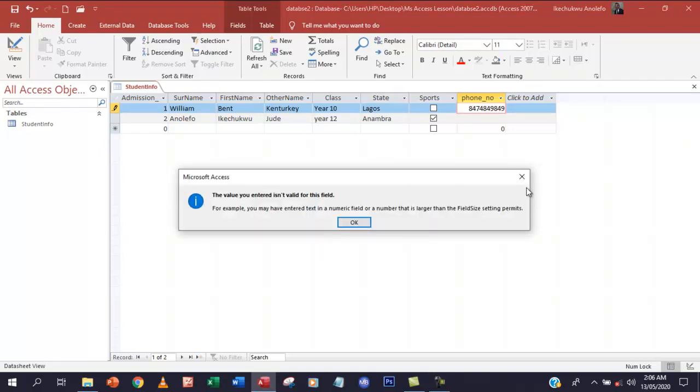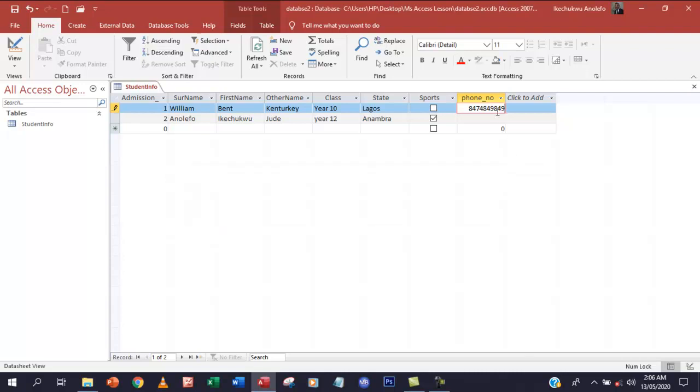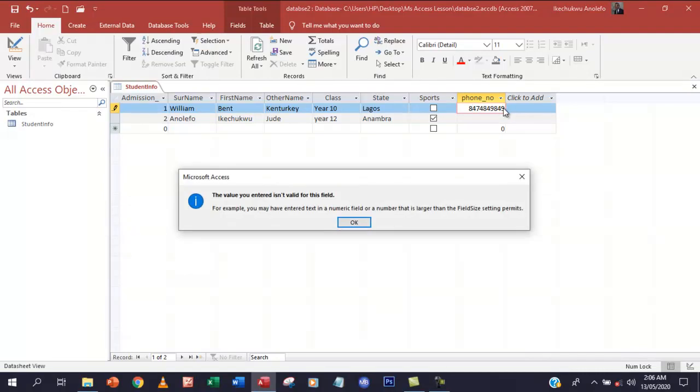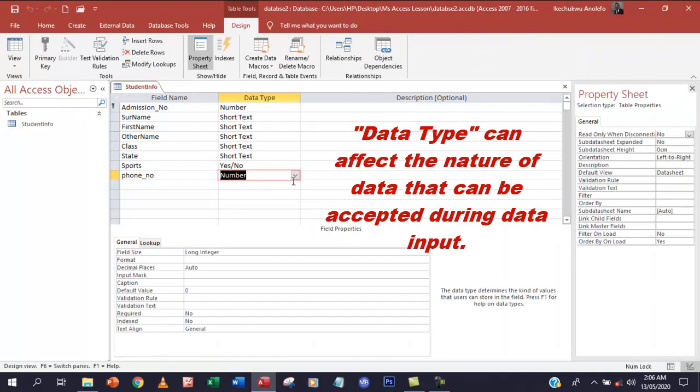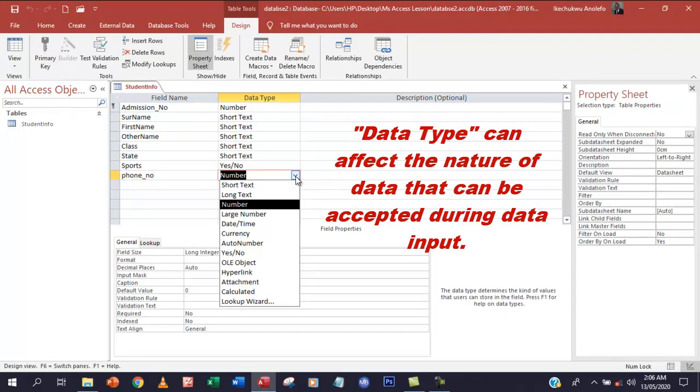The value you entered isn't valid. Okay, so I have to put something reasonable here. Let me put something reasonable. Sorry, first of all, let me also check. Yeah, phone number is number, it's supposed to be number.